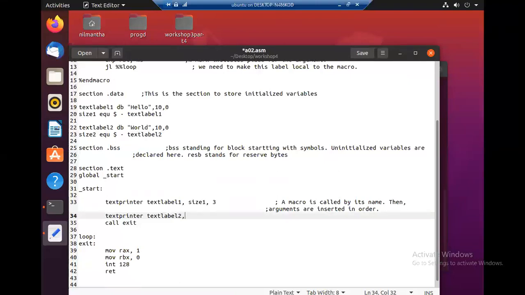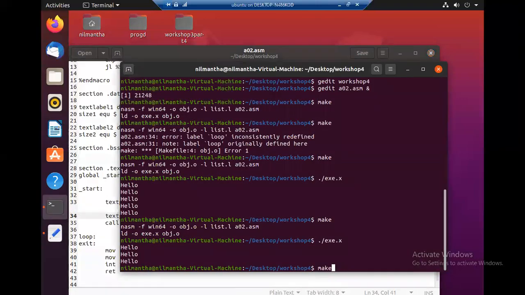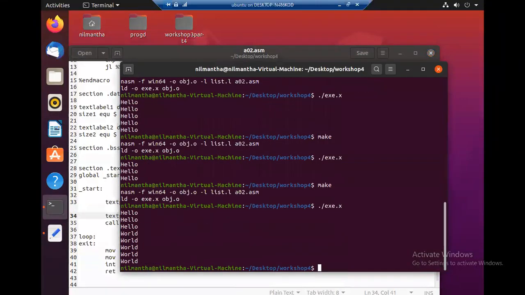So I just have to call the macro with different arguments. What are the arguments? Text label 2, size 2 and 5. If you go and make and run, you can see hello has been printed 3 times and world has been printed 5 times.